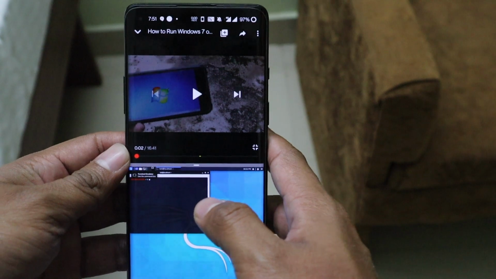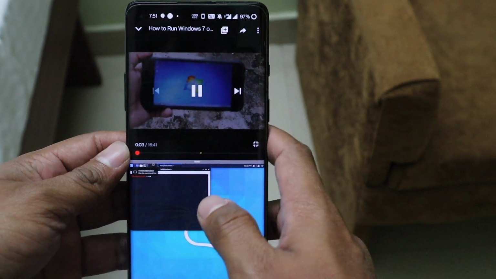So guys, a few days ago I made a video on how to run Kali Linux 19.4 on an Android phone using the official method given by Kali itself, and that video ran Kali Linux in the Termux app. Today I'm going to update that video and show you how to run Kali Linux 2020.3 on an Android phone.